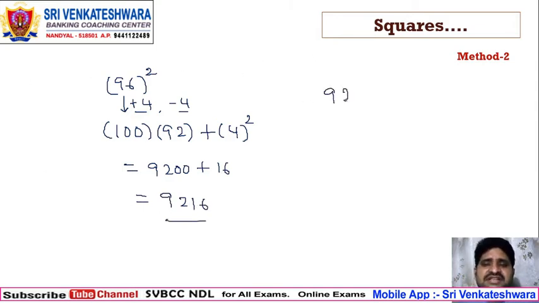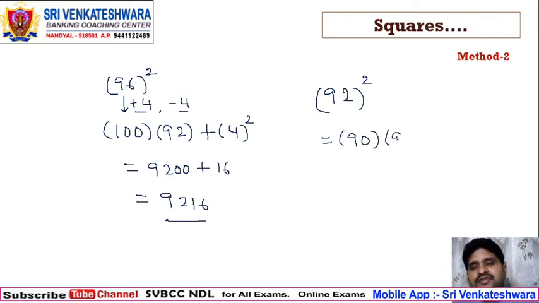For example, let's understand one more point. I said taking the round figure is very important. Now if I take 92 whole square, what nearest round figure can I take? Let's check. Maybe we can take 90, for example. If you take 90, to get the 90 I have subtracted the 2. Second case I have to add the 2. 92 plus 2, 94, and we have to add the difference, 2 square.